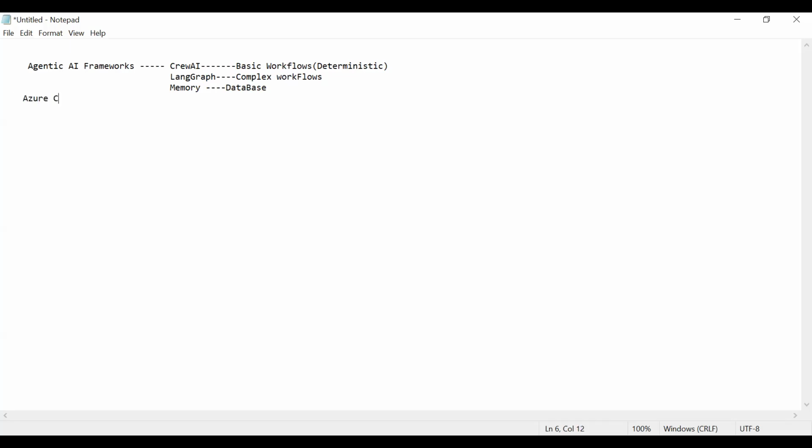But there is something I just want to discuss today: Azure Cloud. You people don't need to have any subscriptions. Just see what I'm trying to show you. Earlier we were using things which do not require any cloud environment. But if you have a little understanding of Azure Cloud, how agents are being built in Azure Cloud, because of this semantic kernel,